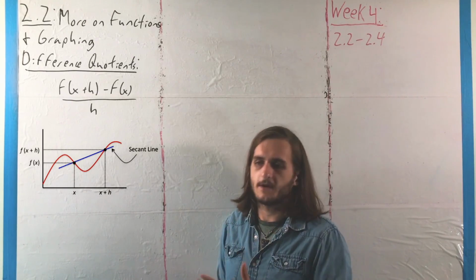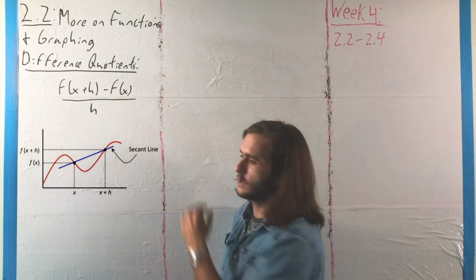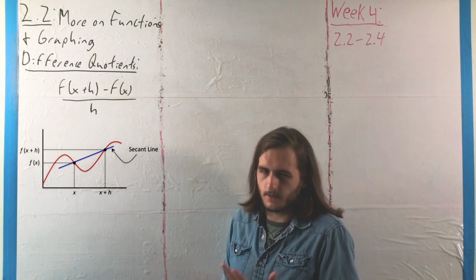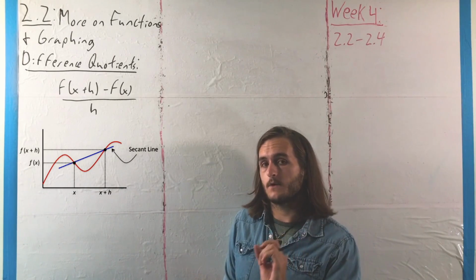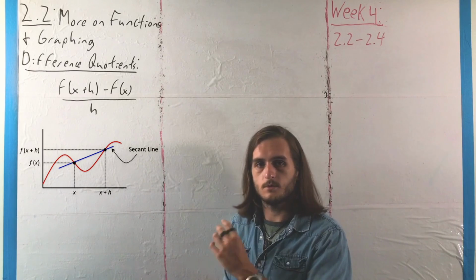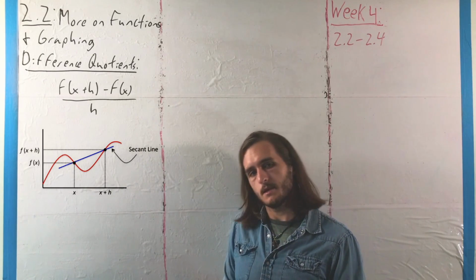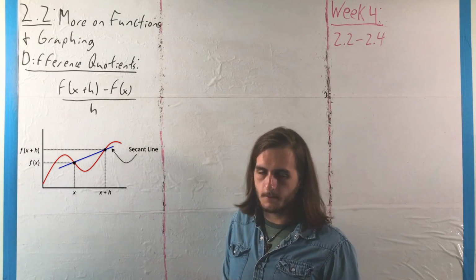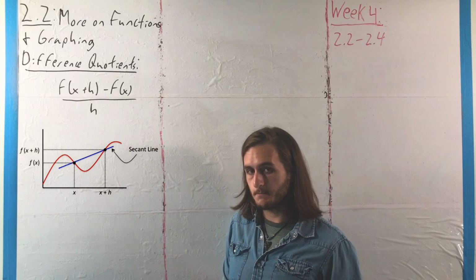H, where h is some value other than 0, as for one, that would cause that whole thing to be undefined, and for two, it wouldn't be a very interesting gap, now would it? However, there is something very important that happens there as we make that gap small, and we'll talk about that in just a minute, but first, we're going to get an example here, practicing with how we can simplify a